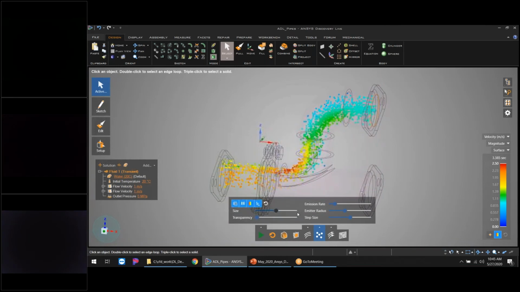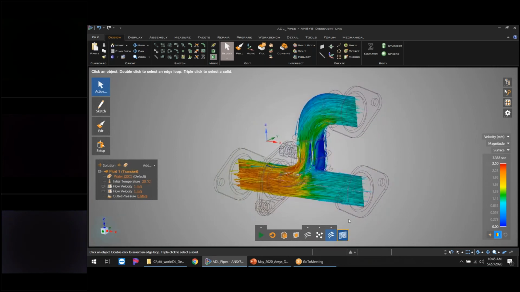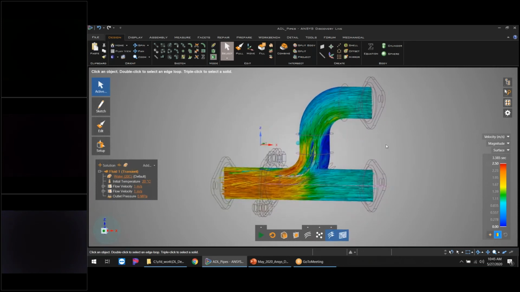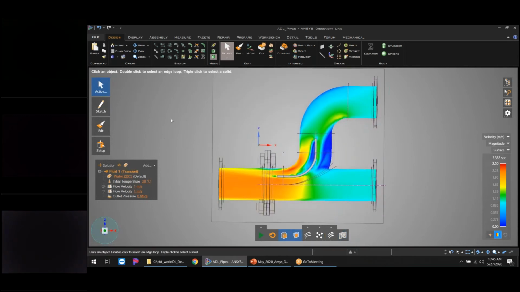We can change the size, we can change transparency, very interactive. Half the challenge of a CFD analyst or a designer is communicating some of the results. And so this is a whole slew of tools that we can use to do that. Additionally, we've got some vectors, and then we've got a really cool one called the direction field, which is, let me turn off the vectors. The direction field is kind of a mix of velocity vectors and values. So it's kind of a neat one. That one's relatively new.